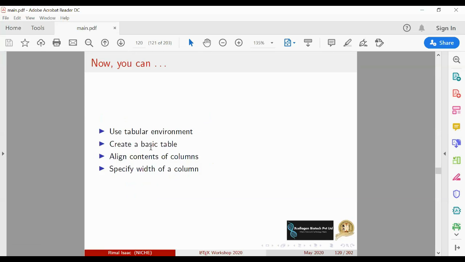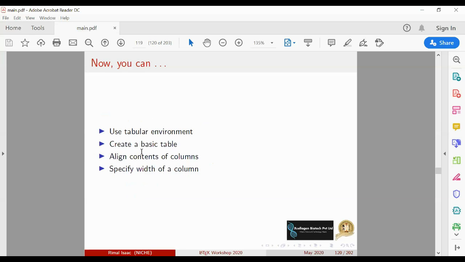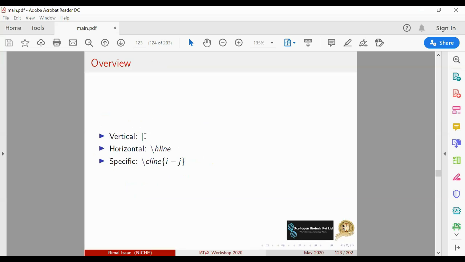Next, you need borders in the tables. Always you will not write a table like this, just like normal text, where you wrote the number, put some space and wrote item. If you have lines around this table, the person to whom you are giving your document will believe this is a table. In order to do that, you have to put a vertical pipe symbol. You can find this pipe symbol if you press shift and the backslash key. So on that key, if you put shift and press, you will get this symbol.